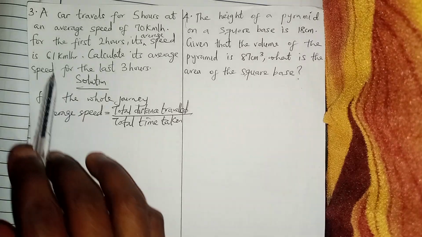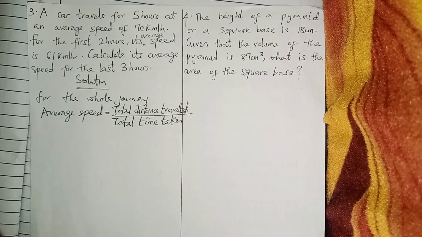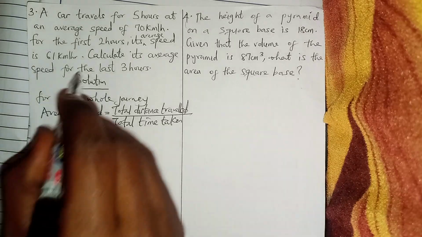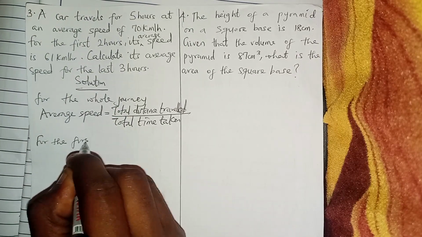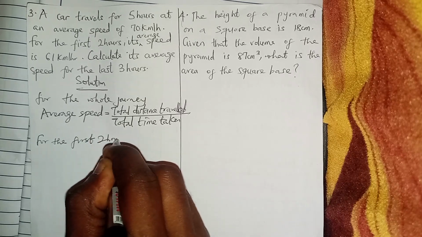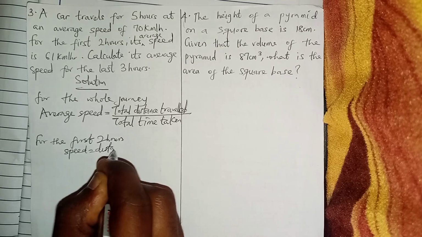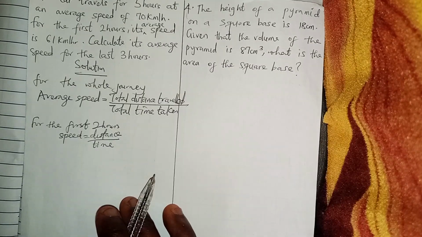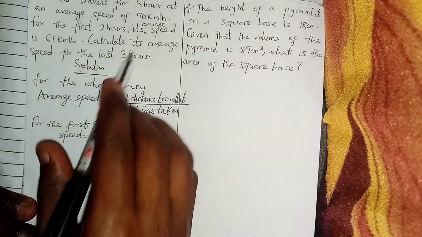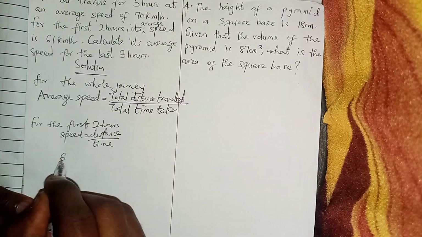So you realize that for the first 2 hours, we have the average speed to be 61 kilometers per hour. So I can get the distance covered because we are given two parameters. Now for the first statement there, for the first 2 hours, you use the formula speed equals distance over time. We are given the average speed, so you can just say the speed, 61, equals